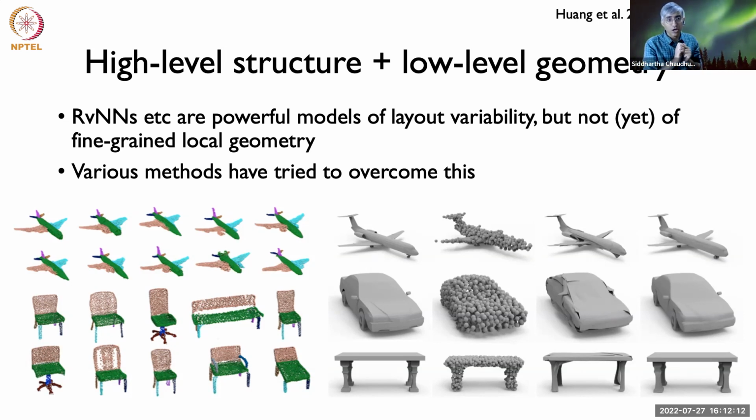throughout. Okay, now these RVNNs, graph networks, mixtures of those two are powerful models of this sort of structural layout, but as of now, they don't really model fine-grained local geometry very well. So they handle the high-level structure, but they don't tell you what the individual parts look like super well. So there is a bunch of methods that have tried to overcome this idea. Typically, they try to mix some sort of high-level structure prediction with low-level geometry prediction in the same